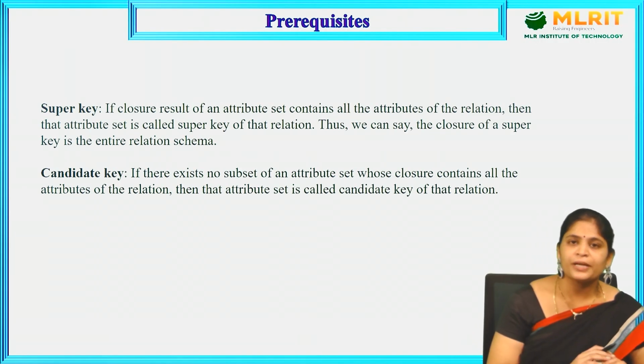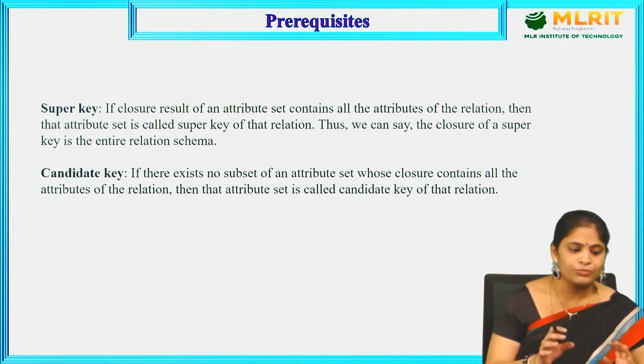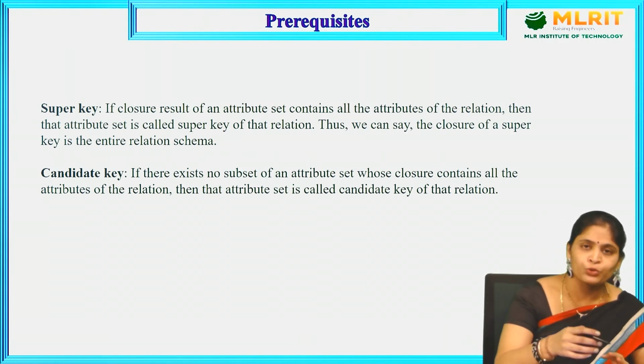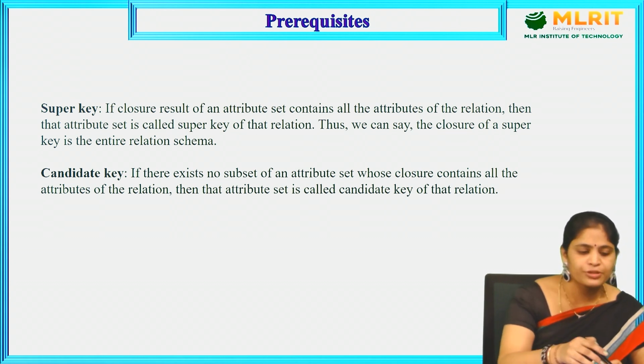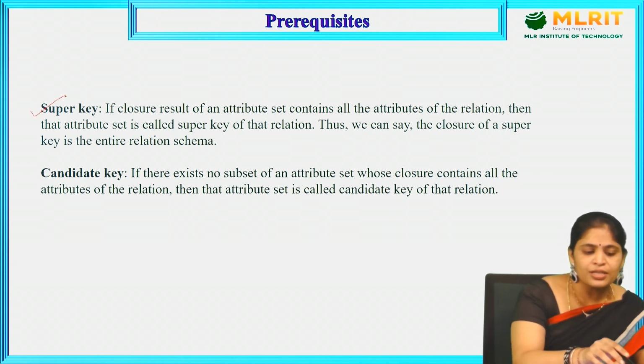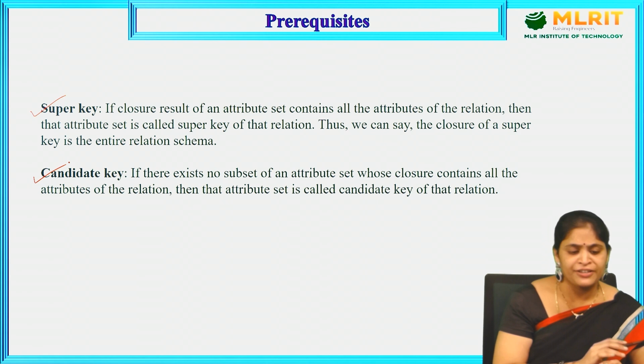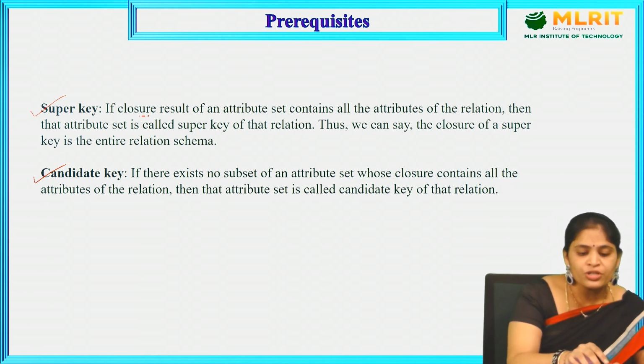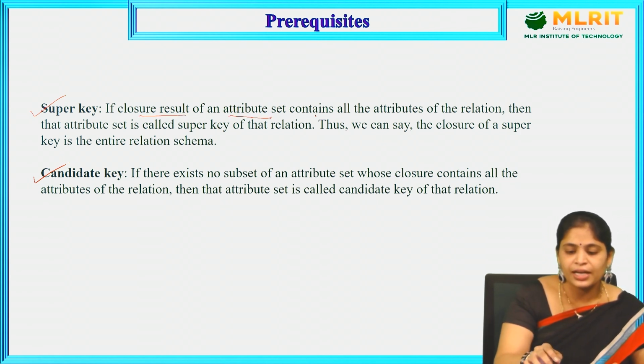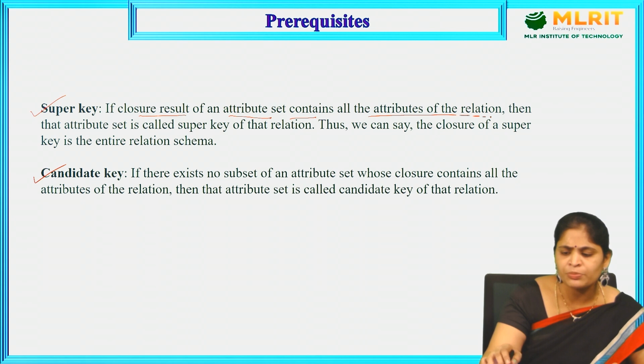So what are the prerequisites we require to go further with this topic? What is the super key? What is a candidate key? The basic definition: if the closure result of an attribute set contains all the attributes of the relation,